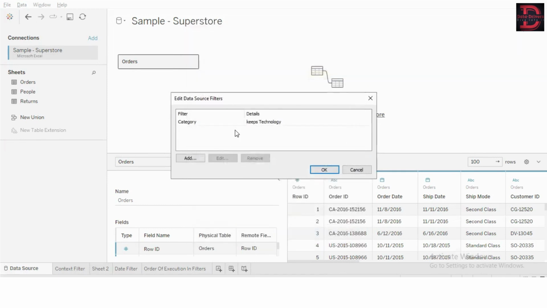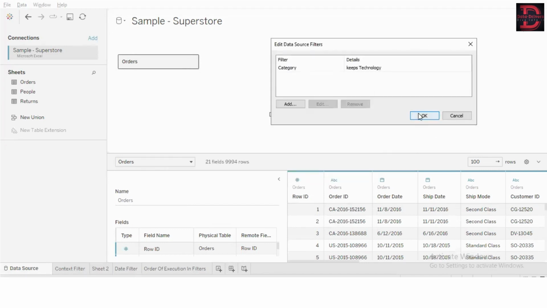So this particular thing is called a data source filter, which runs at the very first level in your data source. Whenever you connect with your data source and this filter is applied, this filter will be executed first. So data source filters are executed at the very first level. Whenever you connect to your data source, only the records where the category is equal to technology will be pulled down. If I click on OK here,